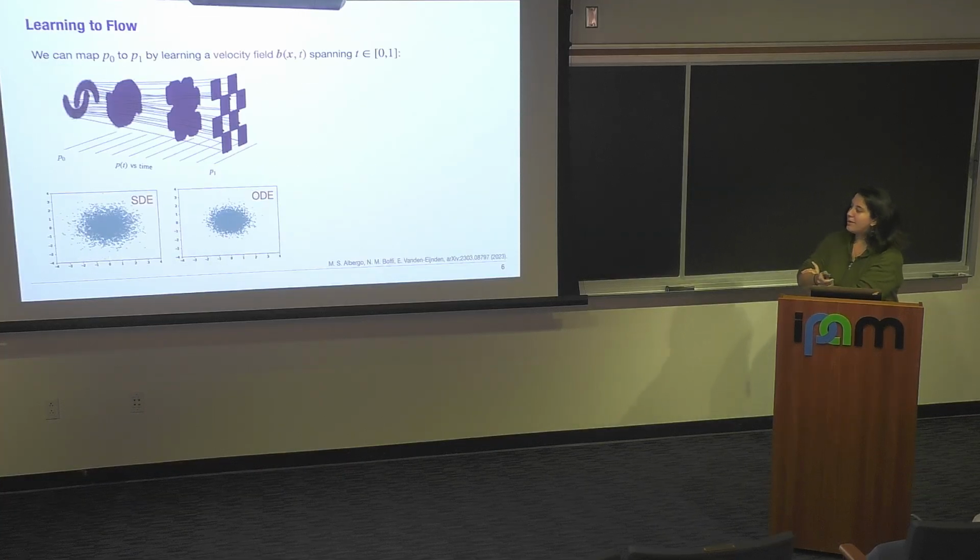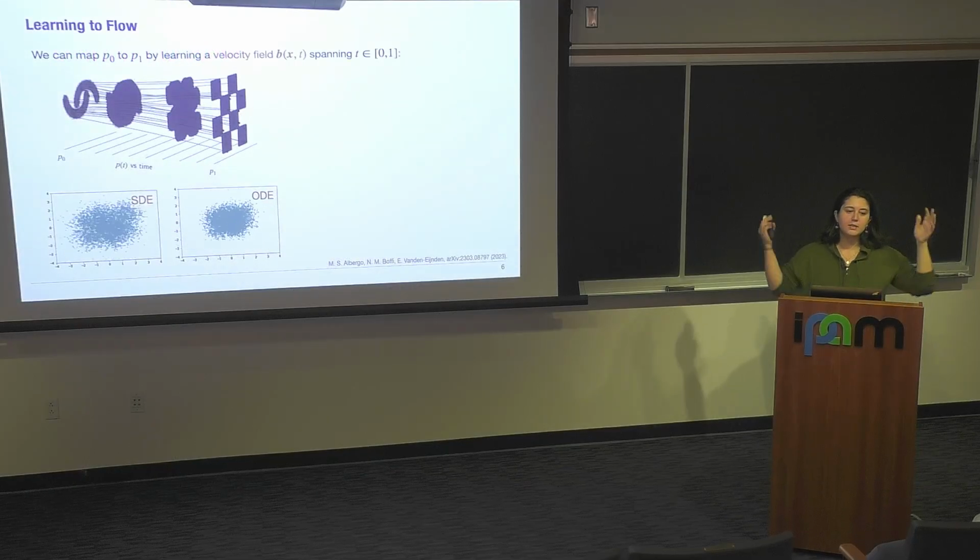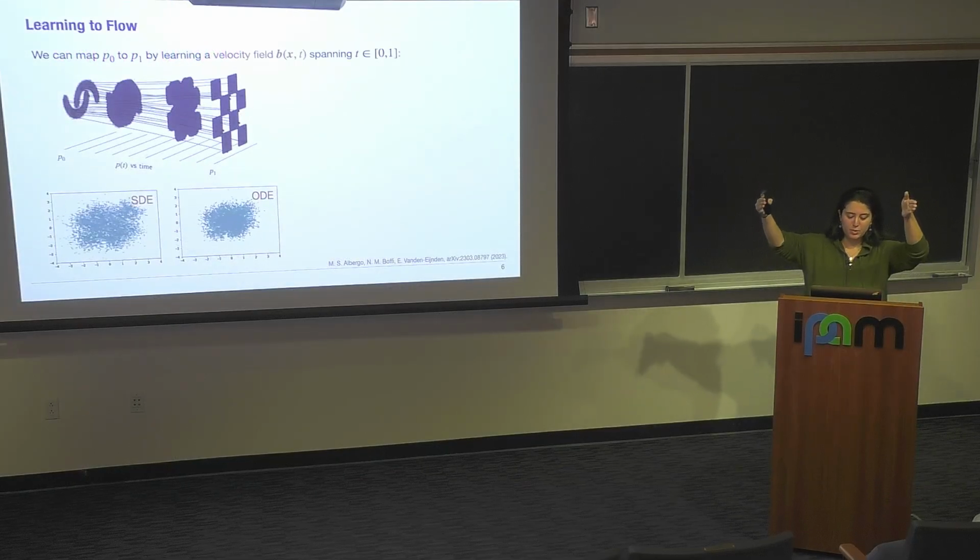And so the idea here is that we're going to learn that velocity field. We're going to learn how to flow from one distribution to the other. And so that learned mapping is called the velocity field, and we put it between time 0 and time 1. So the distribution at time 0 will be P0, the distribution at time 1 will be P1, and you could, in theory, write down a number of arbitrary different paths. So for example, you could think, so here we have